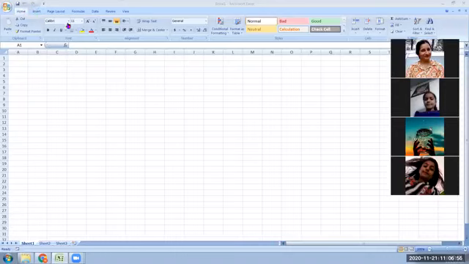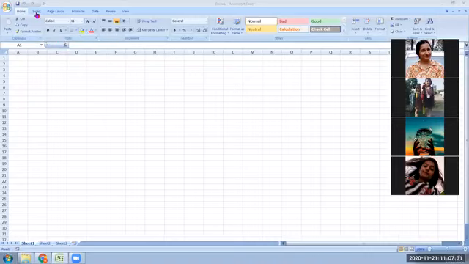Then you have a ribbon here, and on the ribbon you have certain tabs. When you click any of the tabs, you get different icons on the ribbon. Those icons are divided into groups, sections you can say, and those sections are called groups. For example, on the screen being shared with you, look at the ribbon carefully. You can zoom in on your screen and see what section this is. This is the clipboard section, this is the font section, this is alignment, this is number.